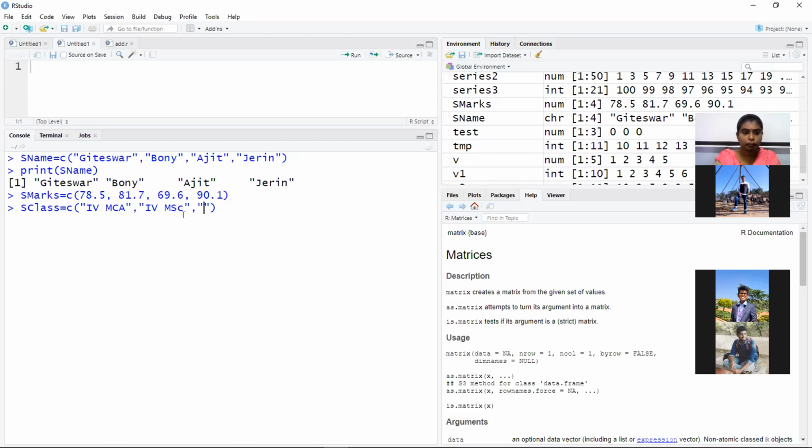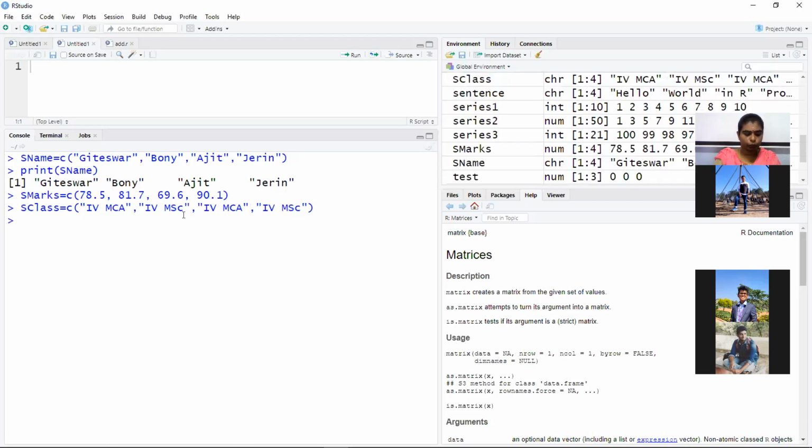Don't mind about marks also, I'm not sure, given randomly, I didn't even look at the names. Then I'll give fourth MCA. Then I'll give fourth energy. Okay, so my three vectors are ready: the name, the marks, and the class.